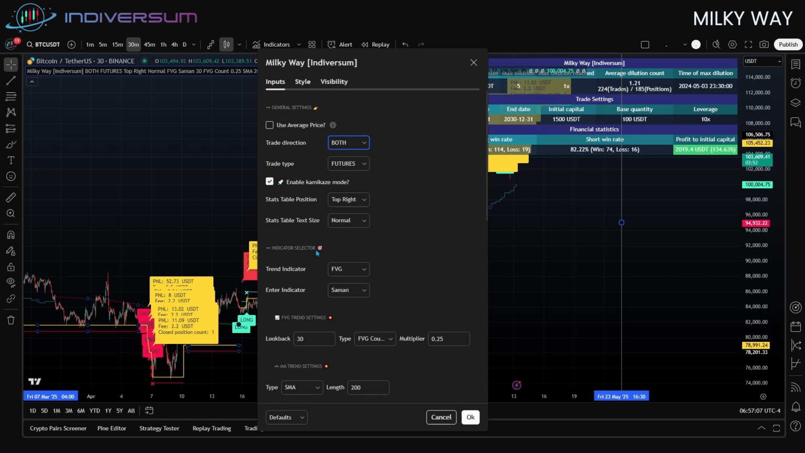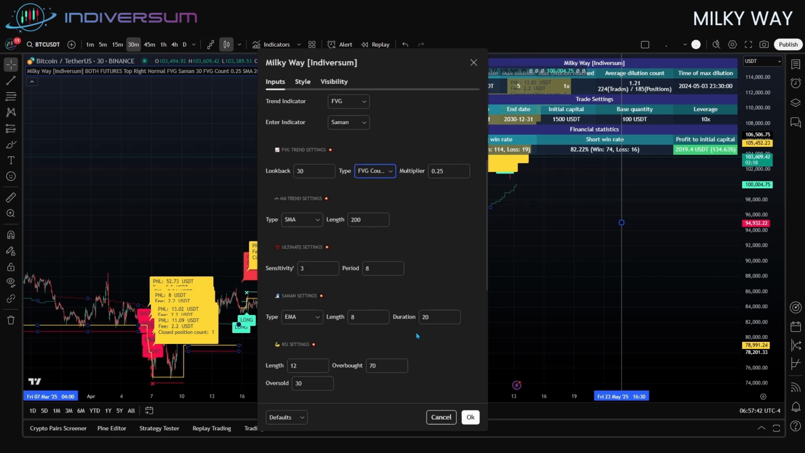Moving on to the indicator selector section, for our trend indicator, we're using FVG, which gives us clean, momentum-based trend detection. And for the entry, we're pairing it with Saman, which we'll break down shortly. Together, they create a tight, reliable entry system. Speaking of FVG, let's talk about the FVG trend settings. The look-back period is set to 30, with the type selected as FVG count and a multiplier of 0.25. These settings help keep the trend filter responsive without overreacting to short-term noise, allowing us to ride broader moves while